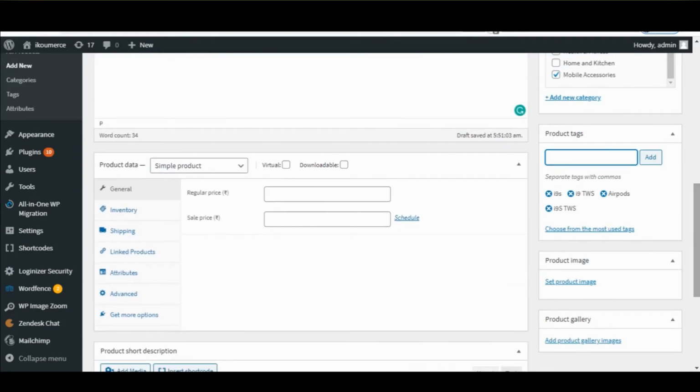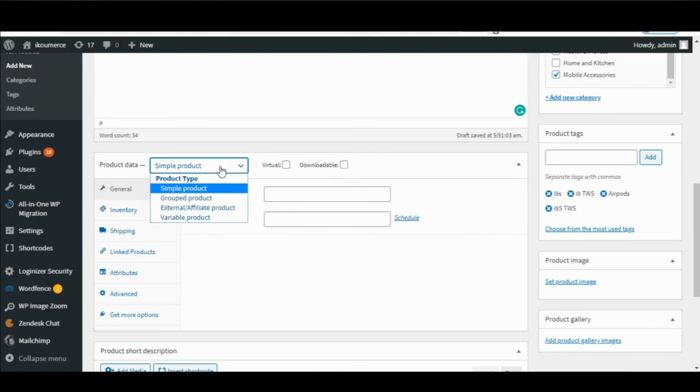So let us now move to the product attribute area, the product data. WooCommerce offers you different types of product categories. For example, first of all, by default it will be a simple product, and then grouped product, then external or affiliate product, then variable product. In simple product, there will not be any variations in the color and size.